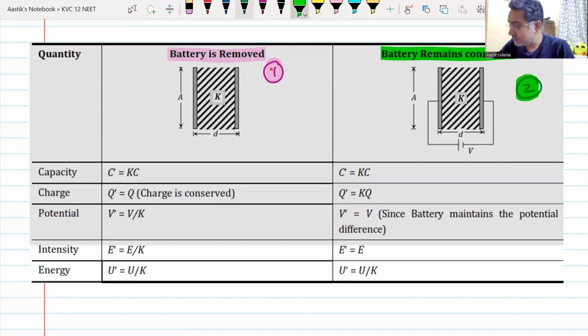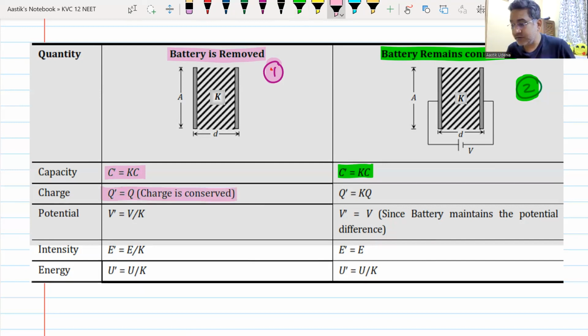In both the cases, whether you disconnect the battery or whether you do not disconnect the battery, the capacitance in both the cases will become K times. What is the difference in the two cases? In case number 1,